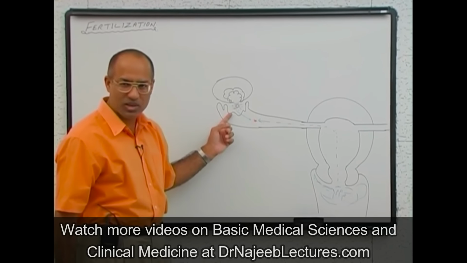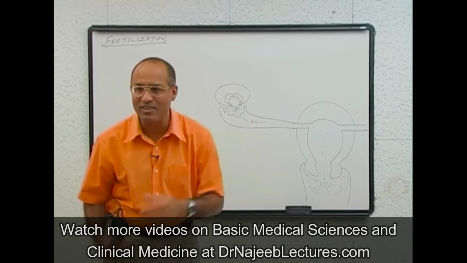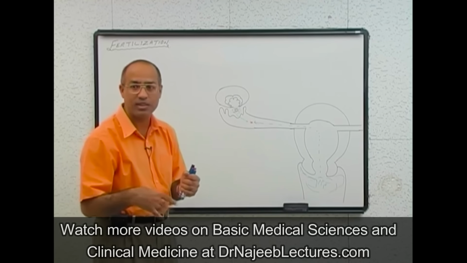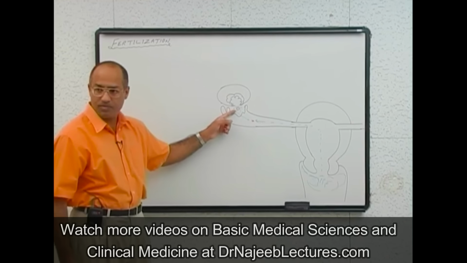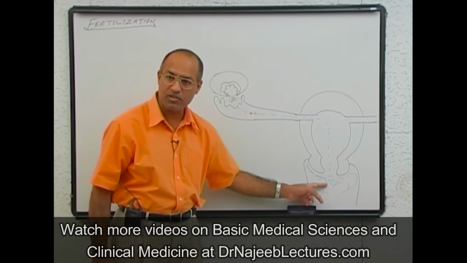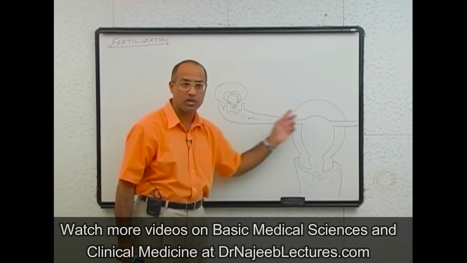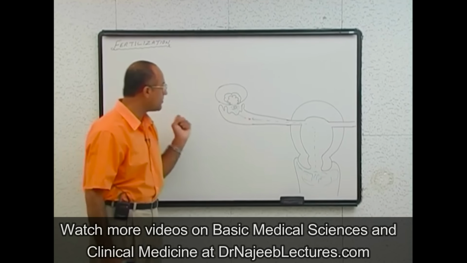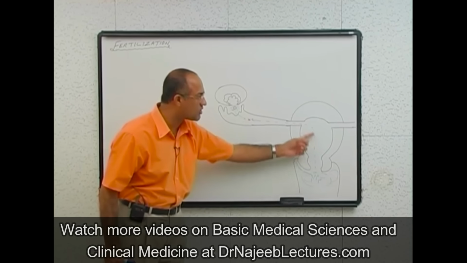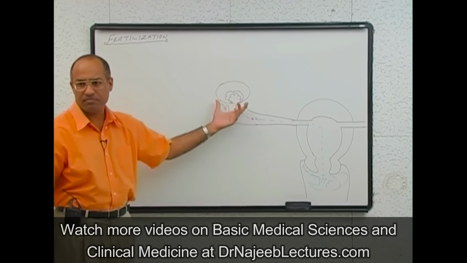Is the ovum a motile cell or an immotile cell? It is immotile. It is not motile on its own. It doesn't have any type of cilia or tails or anything, right? Ovum is immotile. Sperm is of course highly motile. A healthy sperm has a tail, and that really propels the sperm through all this process. Now, first we will talk about transport of the ovum. Then we will discuss the transport of the sperm, because transport of the ovum has very few things to talk about.